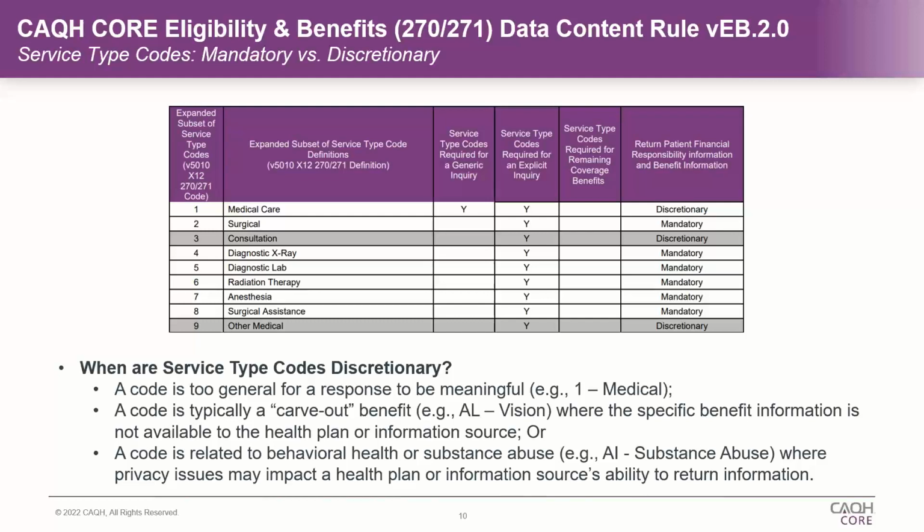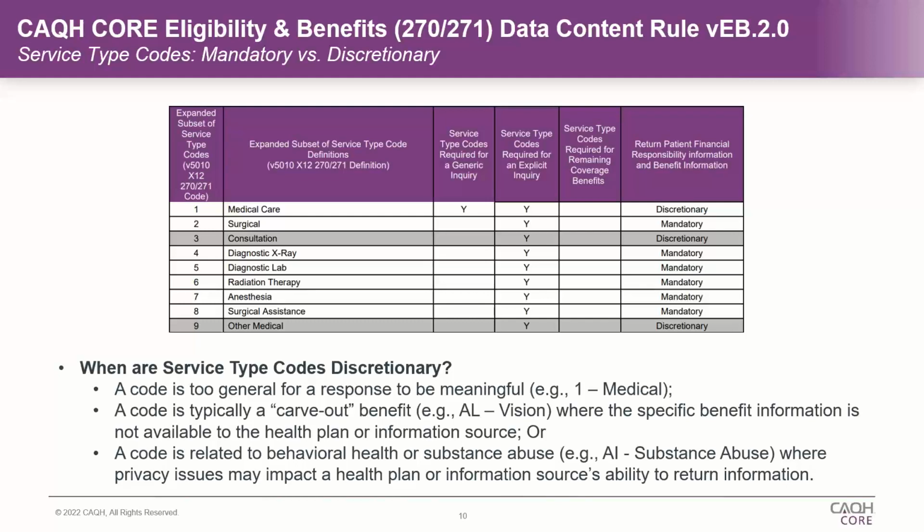And really the mandatory and discretionary service type codes are still just a subset of the larger list of codes that are within the TR3. It doesn't prohibit people from supporting beyond what's listed in the operating rules, but there still is nothing either in the operating rules or in the TR3 itself that says that a payer has to support 2 or 3 or 4 service type codes on a response or on an inquiry.